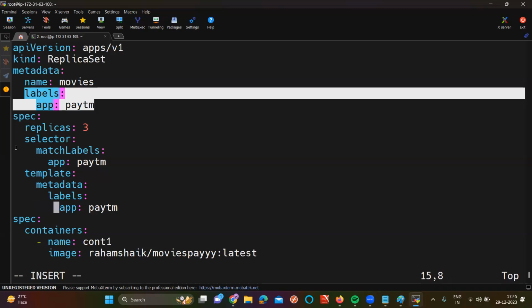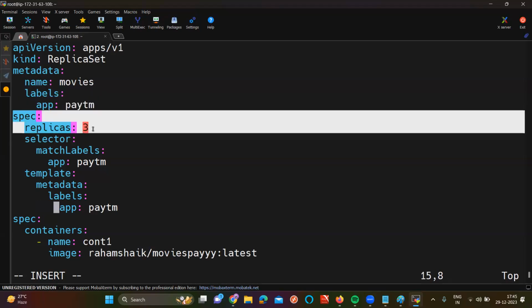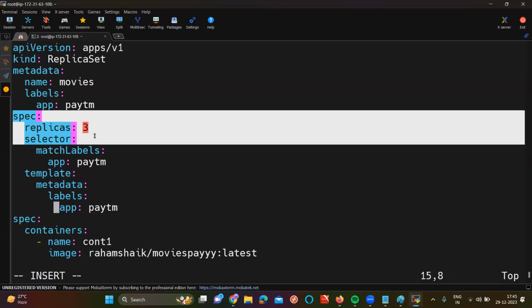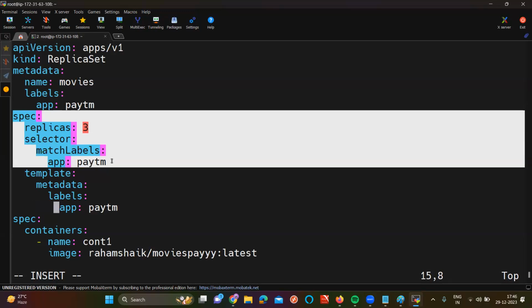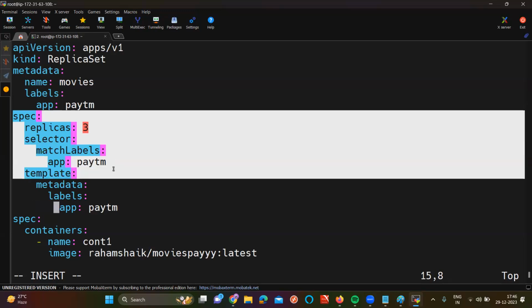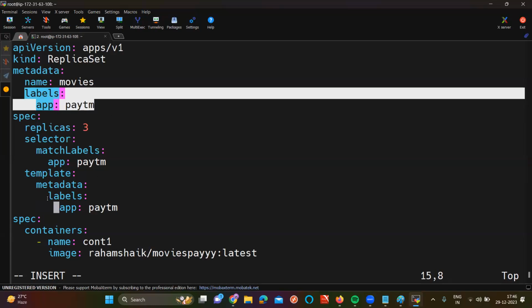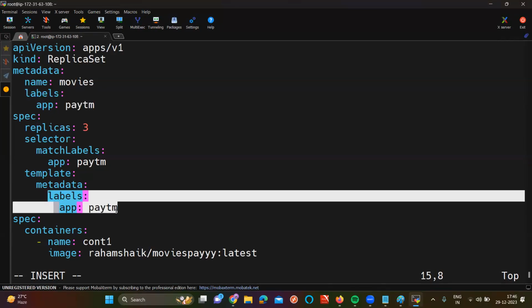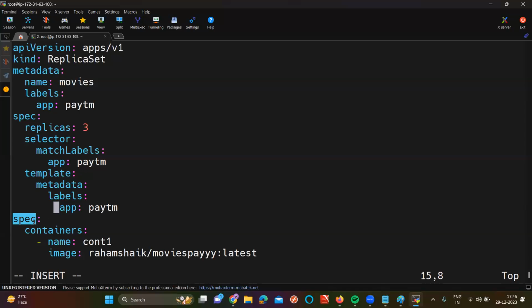First of all, the pod configuration is clear, right? And after that, you wrote only 2 different configurations: specs of replicas, where the purpose of the selector is to match the labels. Which label does it need to match? Paytm. Next, I'm writing the template. What is the purpose of the template? To give the same configuration to the pods. Here I am taking the template from my metadata: in my metadata, label app is equal to Paytm. That's it. And this specification is nothing but the container specification. So for all the pods, the container name will be container 1.